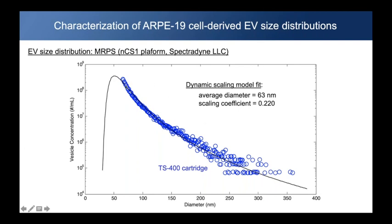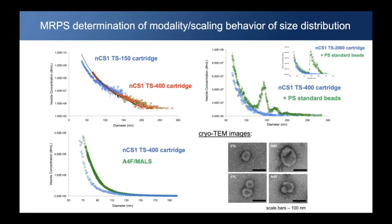And then to obtain average vesicle sizes and answer the question of how many vesicles are released in response to mitochondrial dysfunction, we want to know how to predict the area under this curve, and that requires us to know something about this peak and the minimum vesicle diameter. I'll talk about this in more detail in the second part of the talk. But let's look at some of the results that we have for the